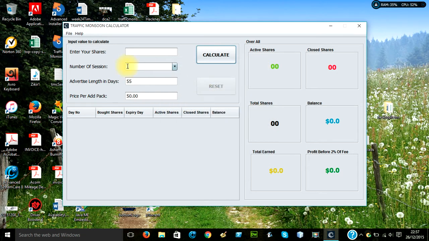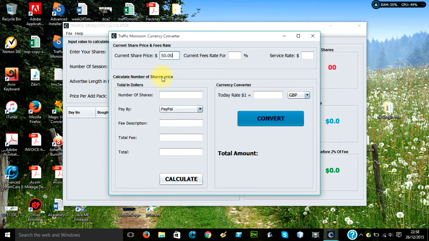Now let me go to my main concept. Before I explain this, first think how much you're going to invest and how many shares you're going to buy. If you want to know how many shares you're going to buy, how much the total will be that you pay for the shares, and how much the fees will be, you need to go to File, Currency Converter, and in here